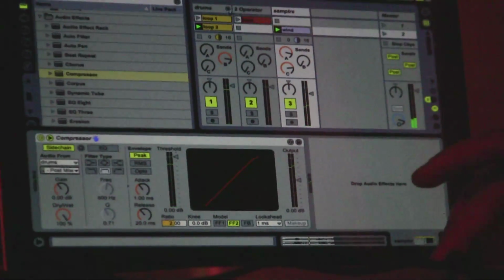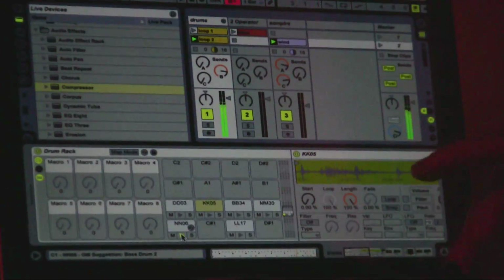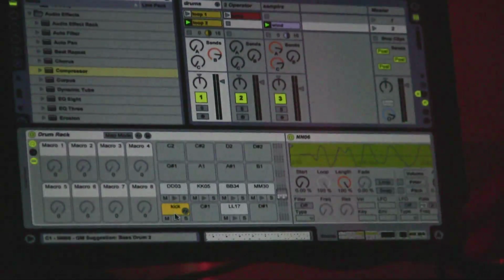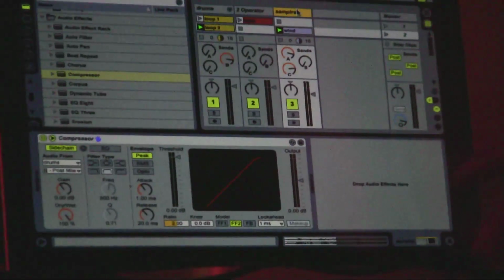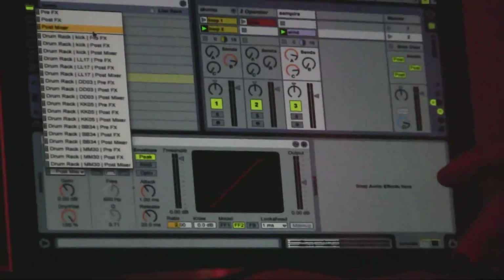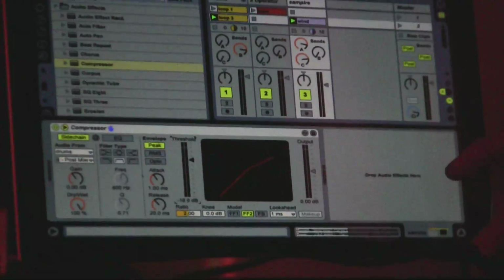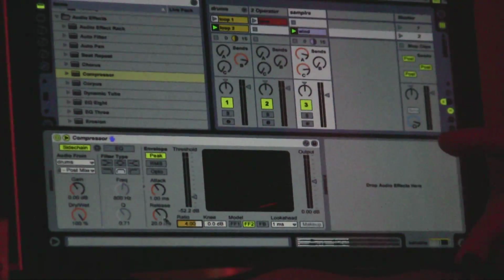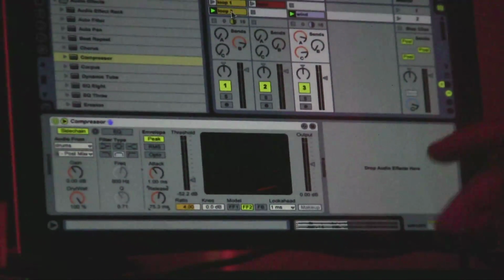The good thing to do is actually name your drum samples. That just makes it easier when you start routing stuff and just in general for being organized. So I named it kick. If I come over here, I'm getting it from the kick. I'll pull the threshold down a bunch, so it's gonna have to keep up, pull the ratio up quite a bit, as well as the release. So now,